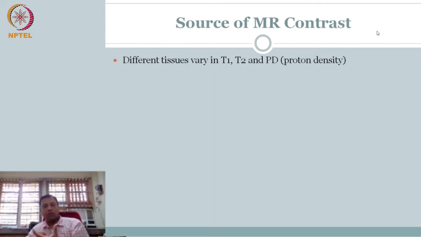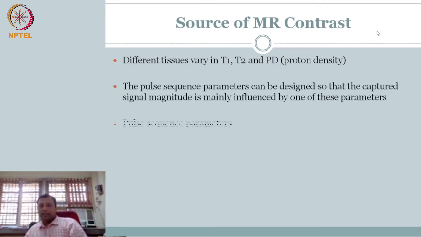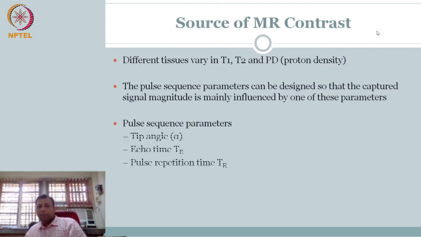So last time we talked about the sequence diagram. In there we talked about time to echo as a parameter that you control, time to repeat as a parameter that you control, and of course alpha is a parameter that you control. That essentially depends on how long you apply the excitation pulse. So we have inherent contrast and three parameters that are under our control during acquisition that may control the signal that you are measuring and therefore the contrast. Okay. So pulse sequence parameters, namely your tip angle, echo time, and pulse repetition.